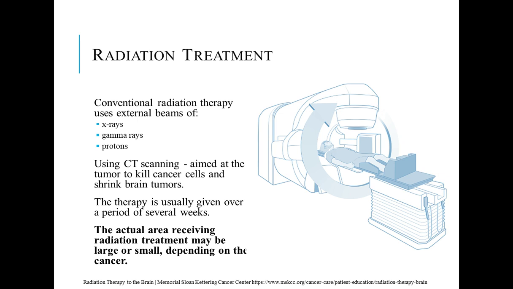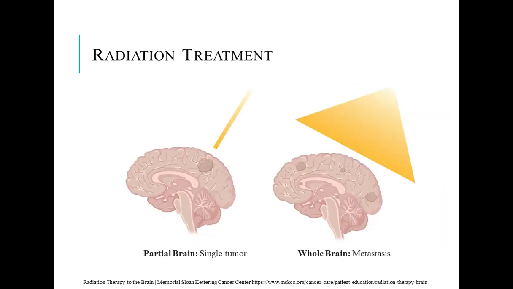Radiation treatment is usually limited to what we call partial brain irradiation when possible. But whole brain radiation is also common, especially with metastatic cancer in the brain. Metastatic cancer, which has moved from another place, tends to form multiple tumors instead of one singular tumor, and those are harder to target individually. So whole brain radiation is used preferentially in this case.